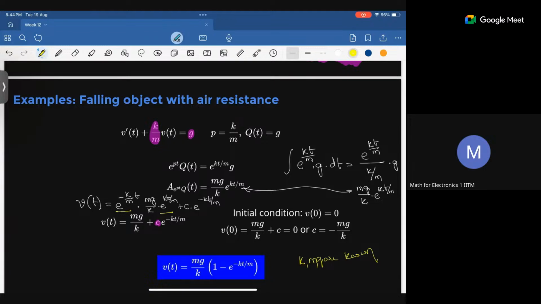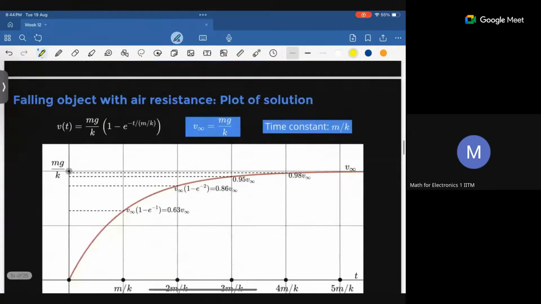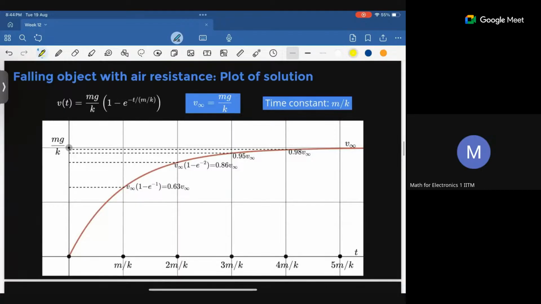And this will be the solution. This is the solution to our ODE, first order ODE. Here also we did compute the antiderivative of e power pt q of t. So that's the only challenge that we have here. Alright, so then we can plot this expression, v of t equals mg by k